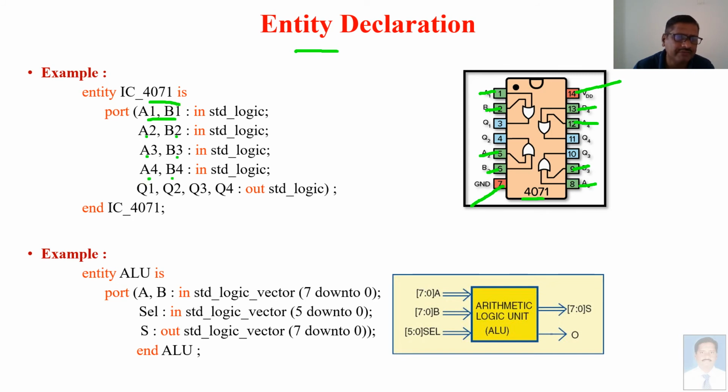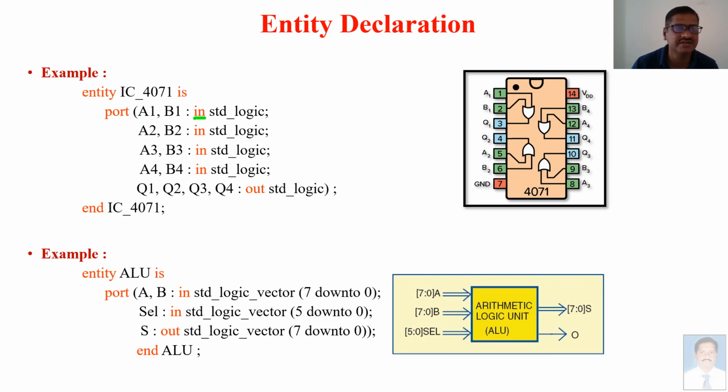We have to be careful whenever we are using these input ports, or input port names to be exact, identifiers. These should be legal identifiers. At the same time, while defining this entity, followed by the name of the entity, it should follow the rules of a legal identifier. Now here in this case, this is a valid identifier, then A1, B1, A2. Otherwise we can use A1, B1, A2, B2, and finally we can write std underscore. This in stands for